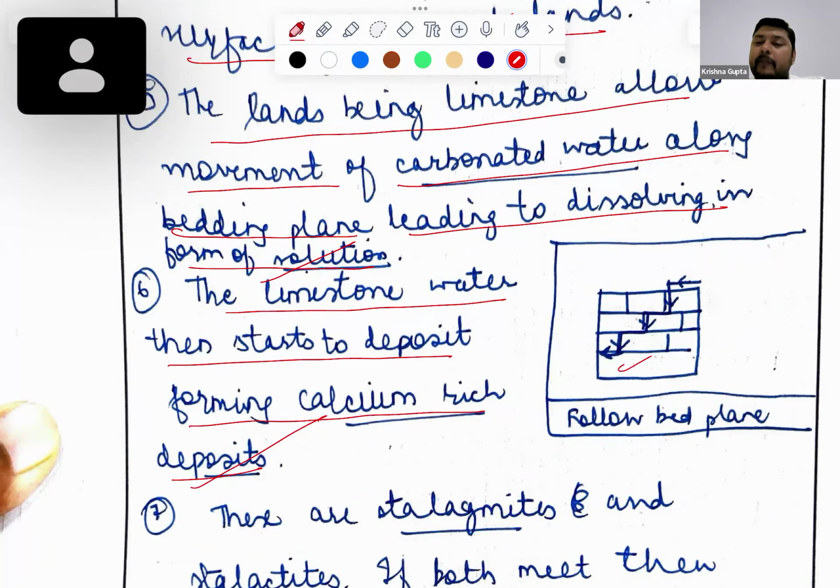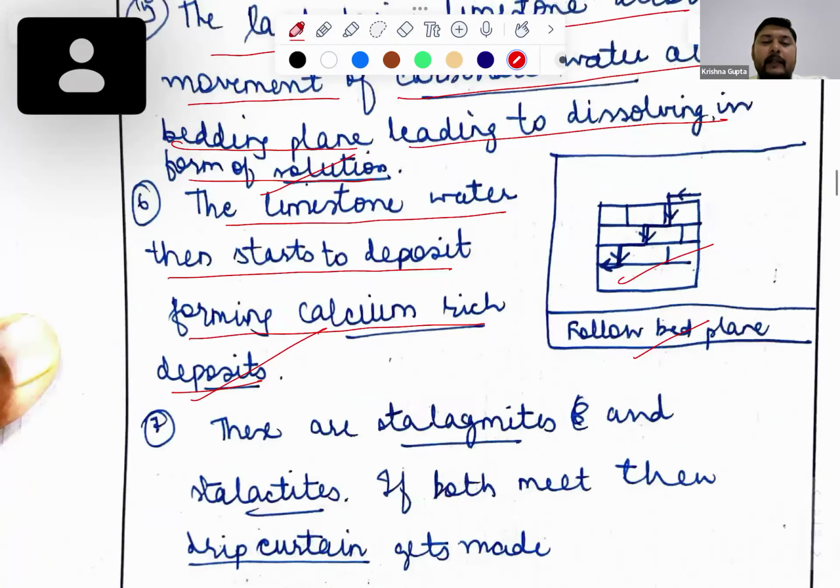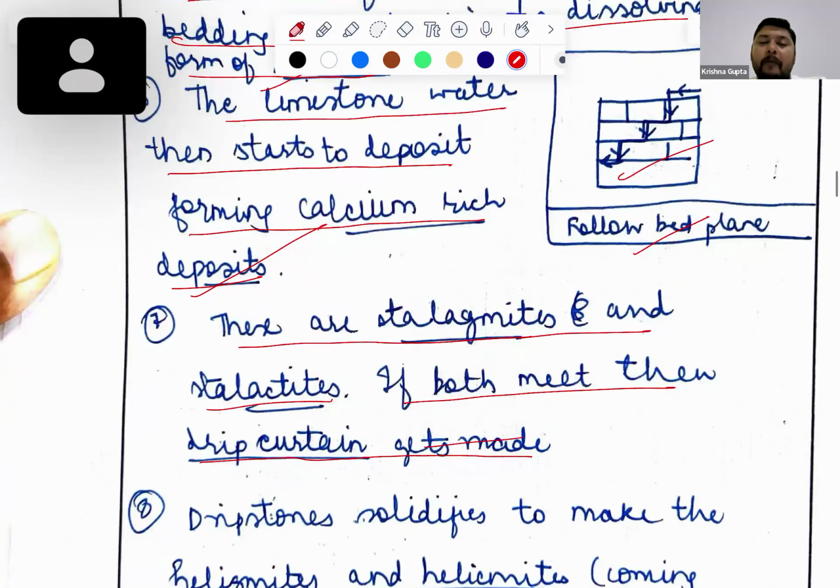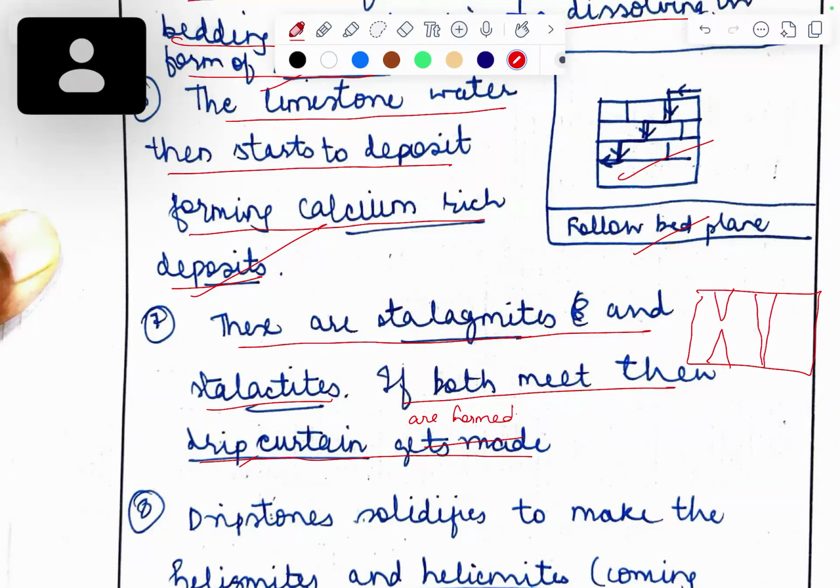Then these are stalagmites and stalactites. If both meet, then a drip curtain gets formed. Okay, we can give a diagram here. So this is stalactites, this is stalagmites, this is the cave pillar. And this drip curtain, if we look at it,